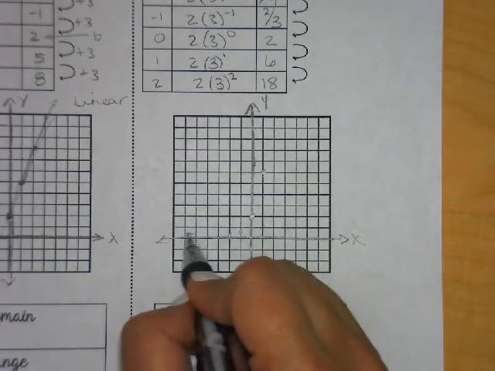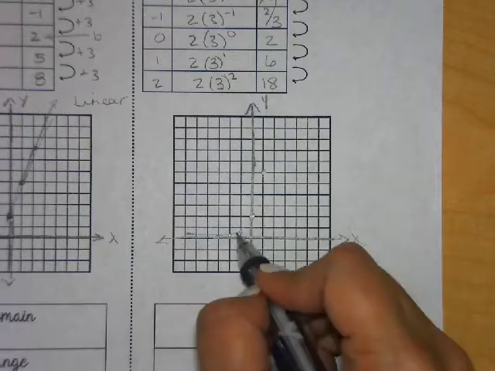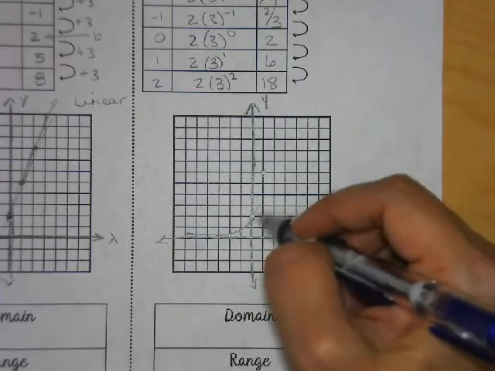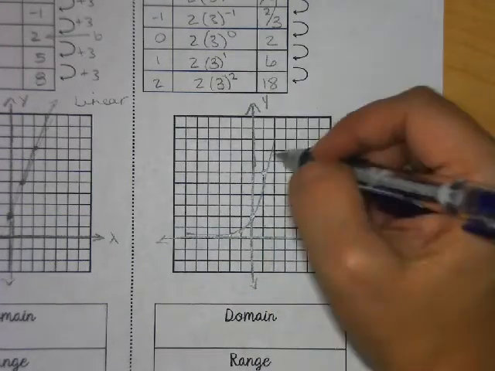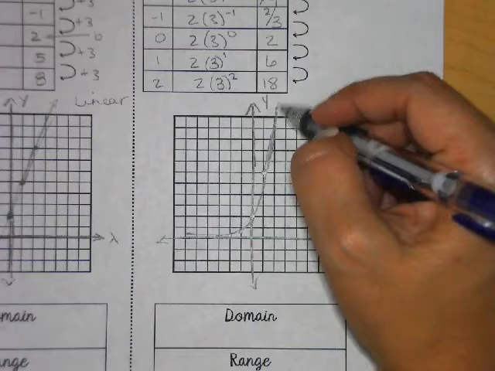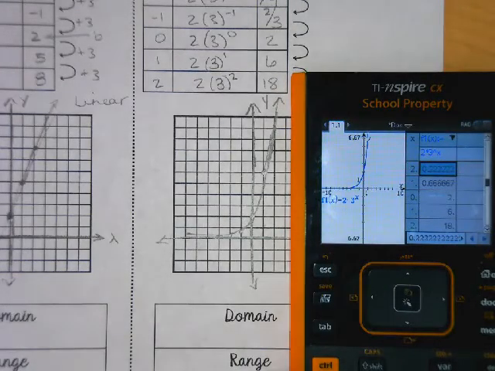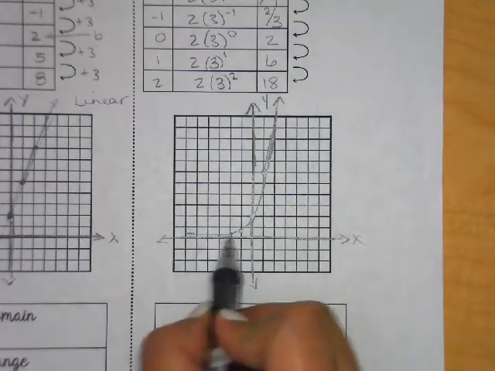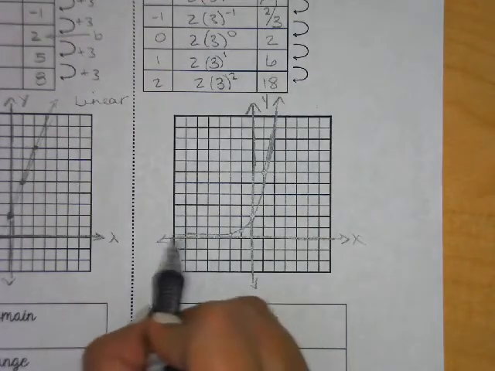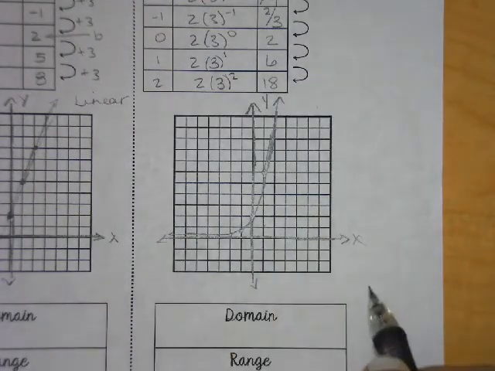And when I draw this, you can see that it is in fact going to be a curve. It's a fairly steep curve here. And you can also see that in our calculator. So when you do this, it's going to get really, really close to this x-axis, but it's not actually going